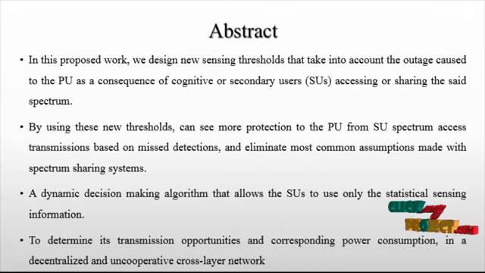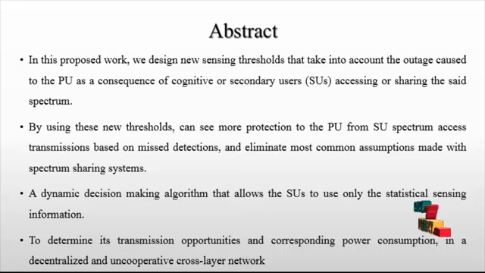Let us discuss the abstract of the project. Efficiency in spectrum utility has long been a concern in wireless communication. Cognitive radios have been seen as a solution to occupy the gaps in the licensed spectrum through spectrum access and simultaneous spectrum sharing techniques. For this, spectrum sensing is involved to provide accurate statistical information regarding licensed primary user